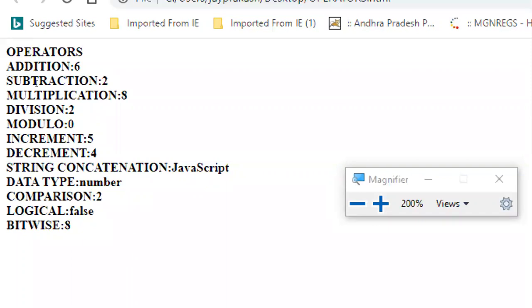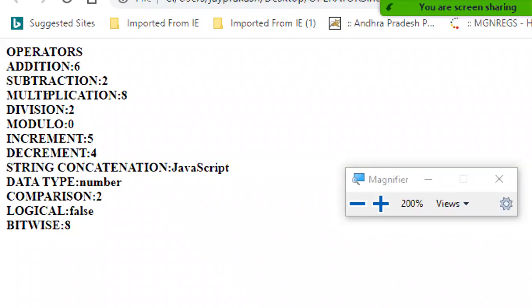Next division 4 by 2 is 2, modulo 0. Here the increment operator, that is A plus plus, that is 5, next decrement. Plus plus A, that is 4, is incremented to 5.